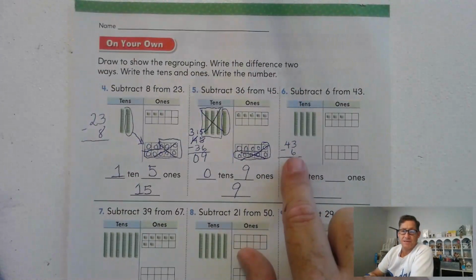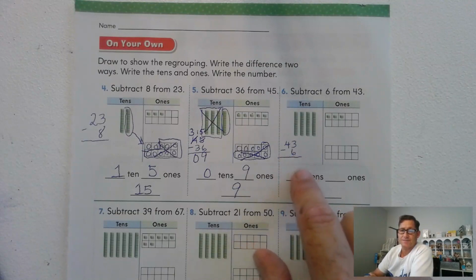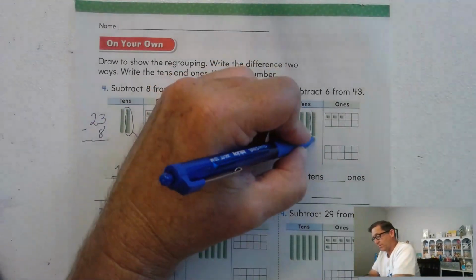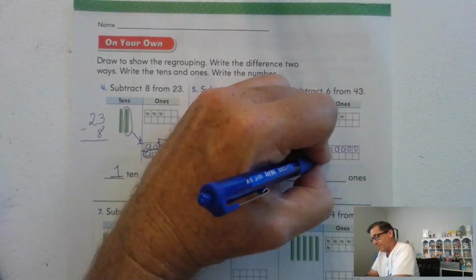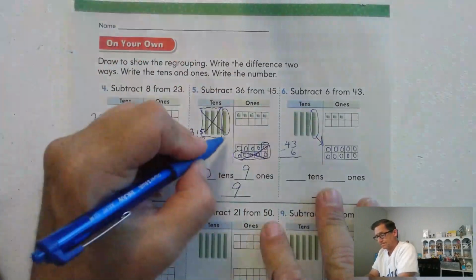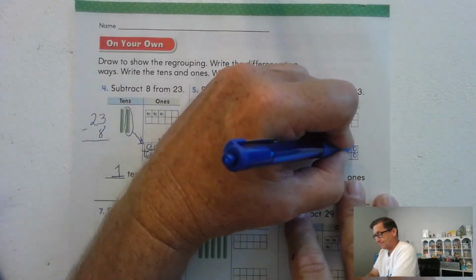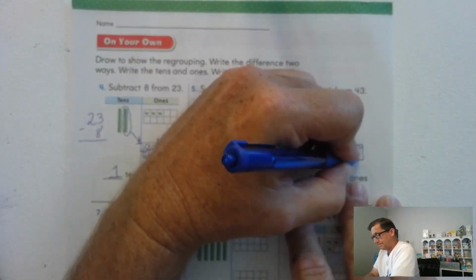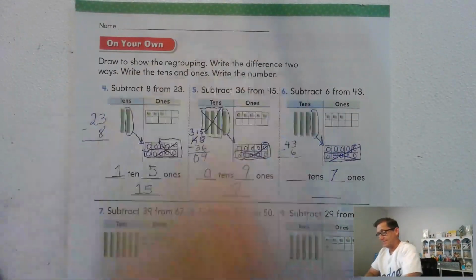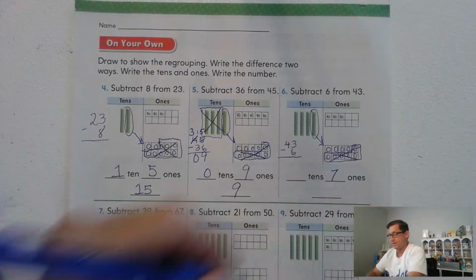All right, number 6, subtract 6 from 43. Okay, again, when you line this up, make sure you put the ones underneath the ones. There aren't any tens in this number 6. Okay, so I have 43. Can I take away 6 ones? No. So we're going to regroup. Trade one of the tens for 10 ones. Okay, now I can take away 6. And how many ones are left? 4, 5, 6, 7. 7 ones. I don't have to take away any tens. There aren't any tens to take away, so I'm still left with,